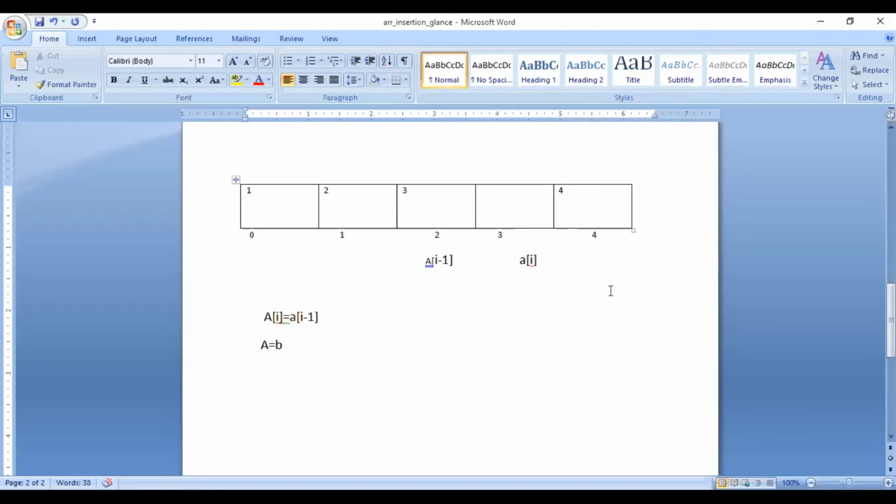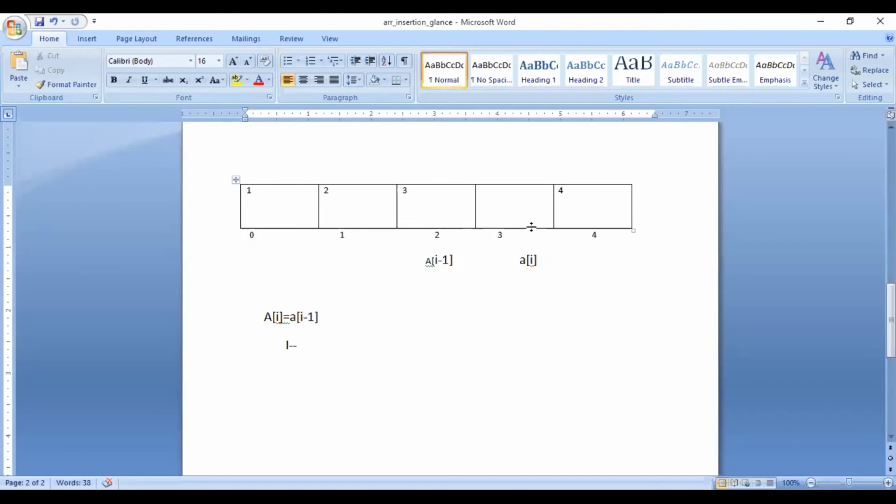We are transferring from last to first, so it is I minus, sorry, I minus minus. Is I minus minus clear to everyone? Why are we performing I minus minus? Because we are shifting these both elements from the last position to the position before it.